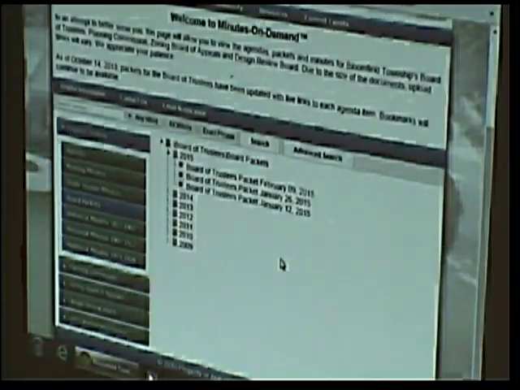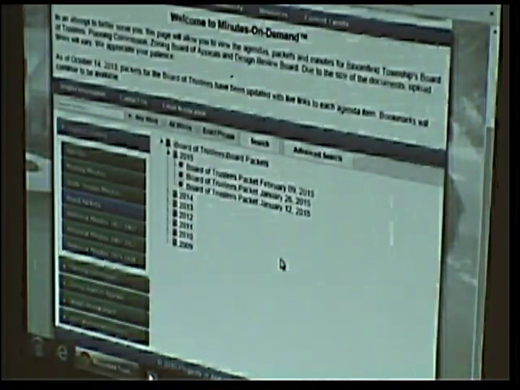Yep, automated process. They pick and choose what they want to receive information for. Exactly. You can always log back in, edit your account, and say, you know what, I'm getting too many emails, I just want to know what's on the agenda only now. So you can always go back in and modify. And it takes a lot off the chairpeople that are posting stuff. Instead of "why didn't you send that to me," well, now you're signed up for it, so you get to pick and choose what you want.